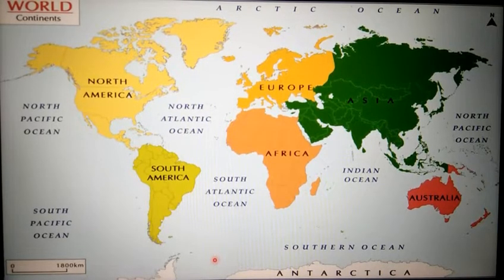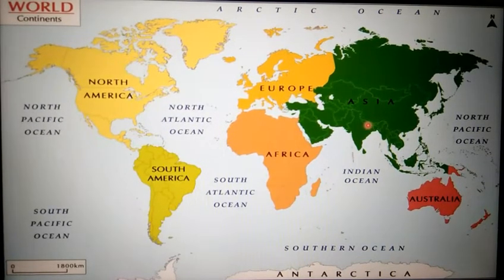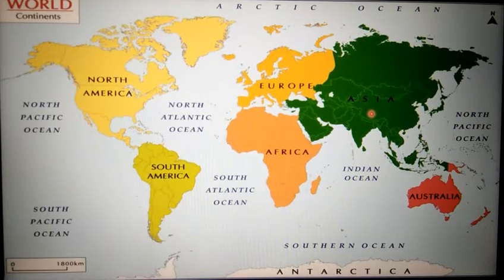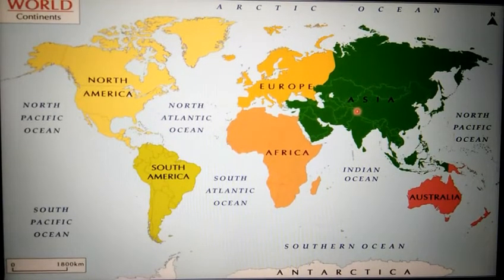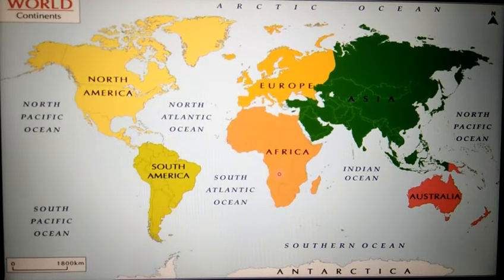This green part highlights the area of Asia. So this dark green part represents the area of the Asian continent, right? Then we have Europe. This dark yellow color marks the area of the continent Europe. Then we have the African continent below it, and then we have the South American continent and the North American continent, and lastly we have Australia. Australia is marked by this pink color.